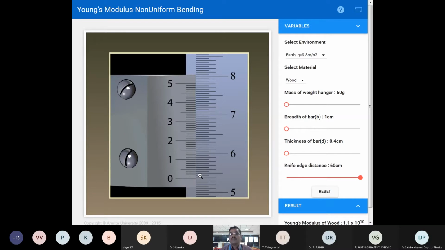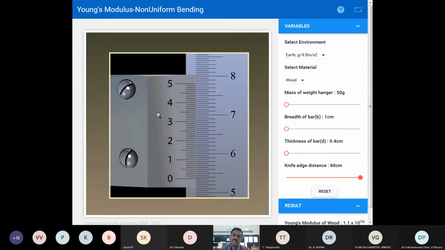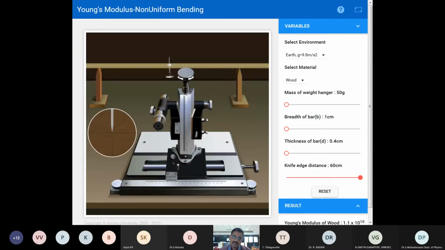So the vernier scale coincidence among the 50 divisions you check. So for this current measurement, it is 8. Okay. So in this way, we can take the readings. By re-clicking the same, it will go. So I am re-clicking, so the enlarged vernier goes. Now I can increase the mass. Another 50 gram I add.